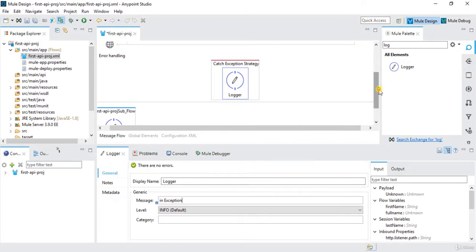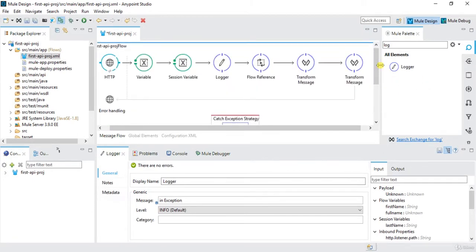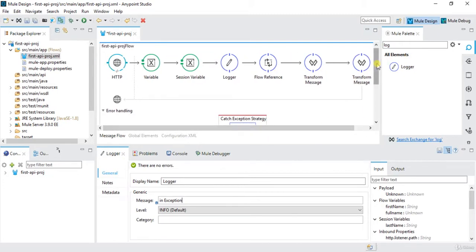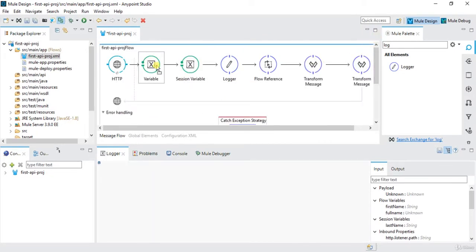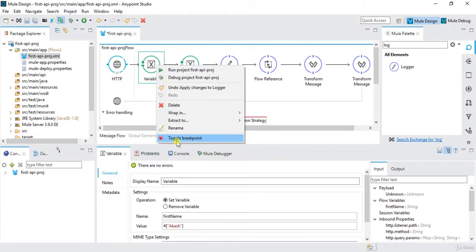Okay, so this is the small project we have built. We'll have a variable, session variables, flow variables, then we have logger, then flow reference, then transform message, then one more transform message. Yeah, that's it. So we can run this project and see how things are going. We'll try to run that in debug mode. For that, I need to add one toggle breakpoint